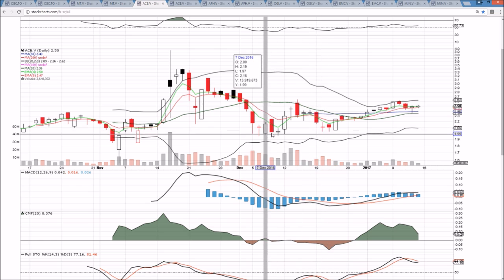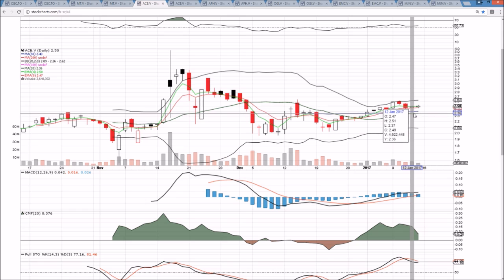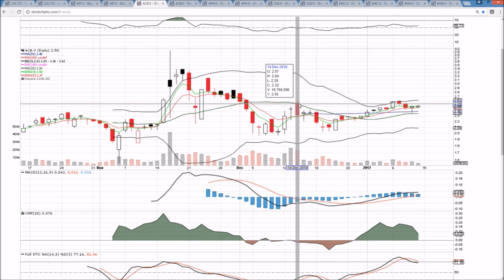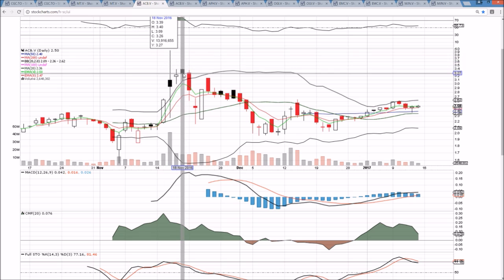But you can see the higher lows very much intact from early December. Another higher low there, another higher low now. So 237 is a key support going forward, and 264 is the high of December 14th. The bulls want to break this lower high pattern that is still intact from the highs back at the end